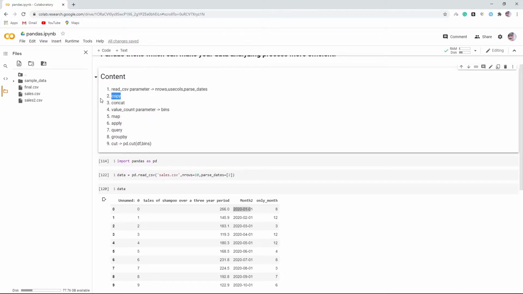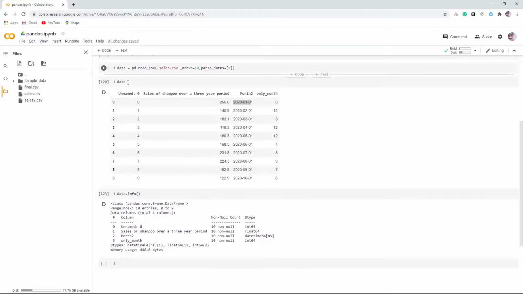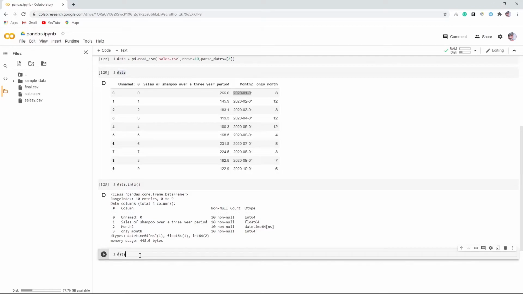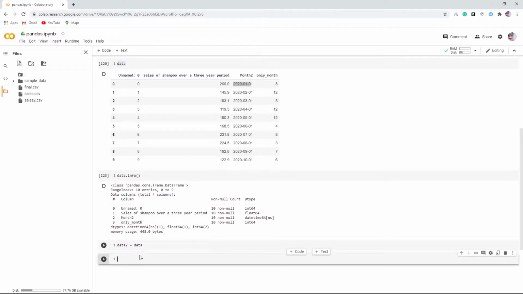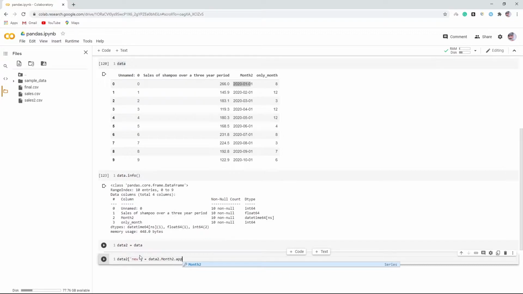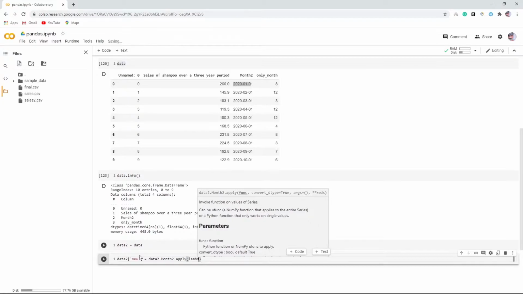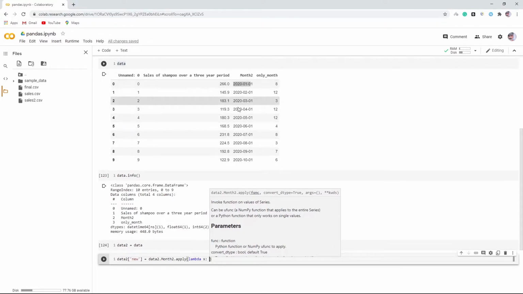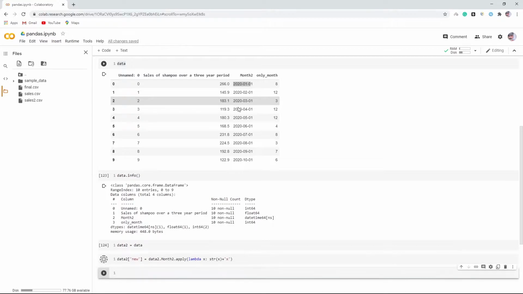Now the next one is copy. I will show one example first. Suppose we have this data, and now I am creating a new data frame, data2 equal to data. Okay, and now I am going to apply one function on data2. I am going to create a new column and apply one lambda function. This is for demo only, you don't have to do it, I'm just explaining. So lambda x, and over here I want to add some data: str of x plus x. And now if I execute it and check data2.head,